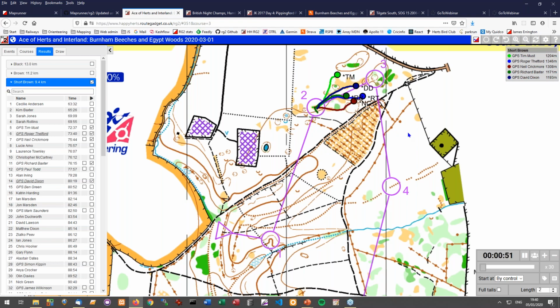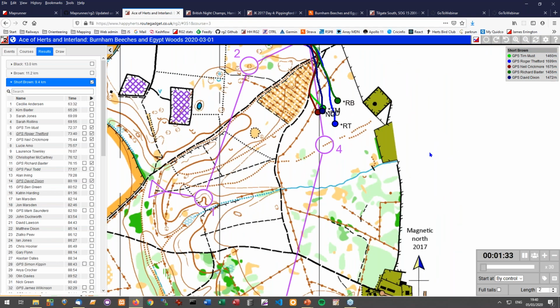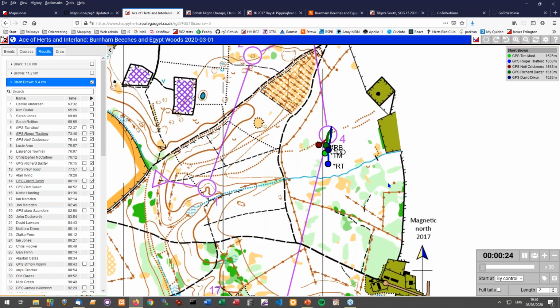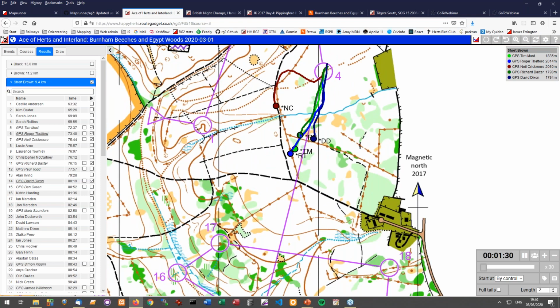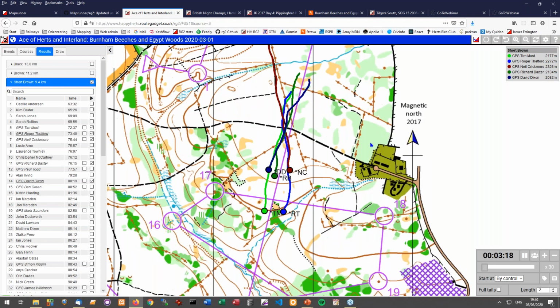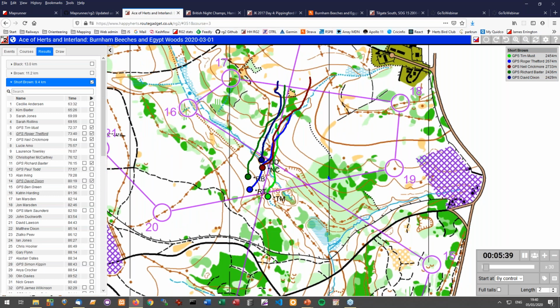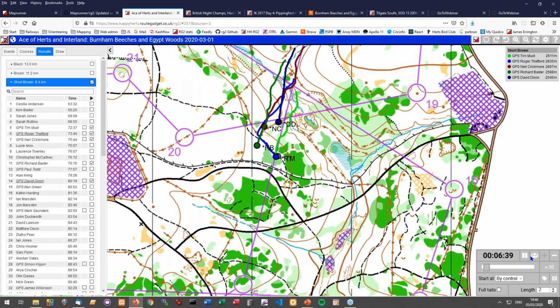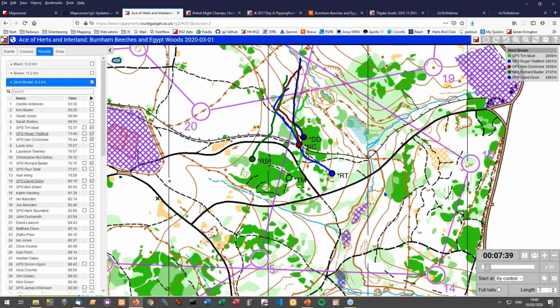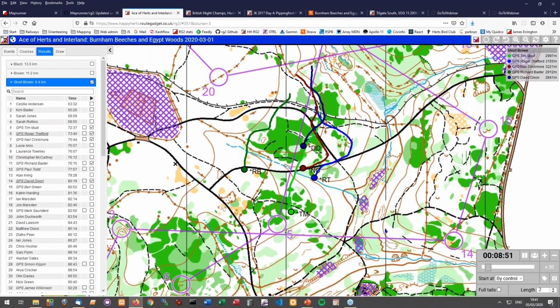And you can see how people relate on individual legs rather than for the whole course, and it just gives you an indication. One of the interesting things here, for example, you can see this is one of my competitors, NC, so if Neil's listening, I'm surprised at how many path routes Neil was taking. So just play around with that by control, it's always quite interesting. After all that, they all get there not that far apart in the end.